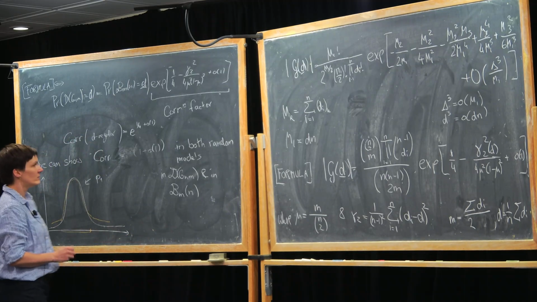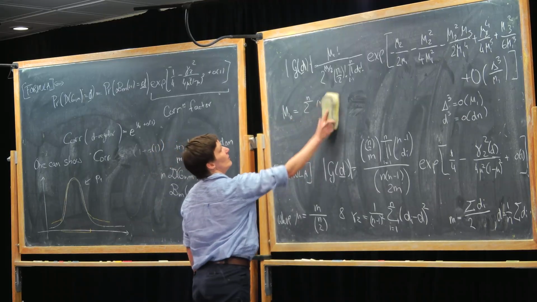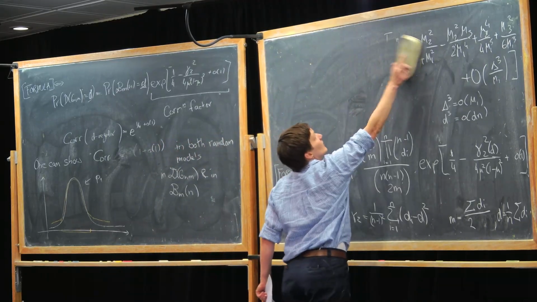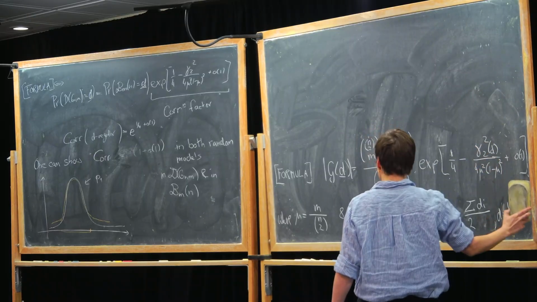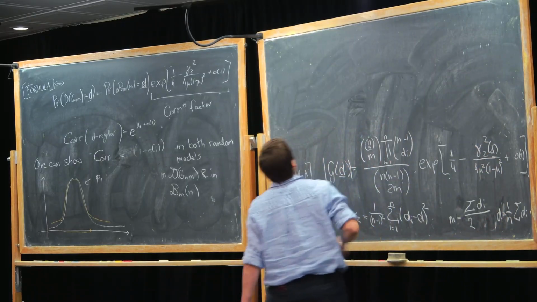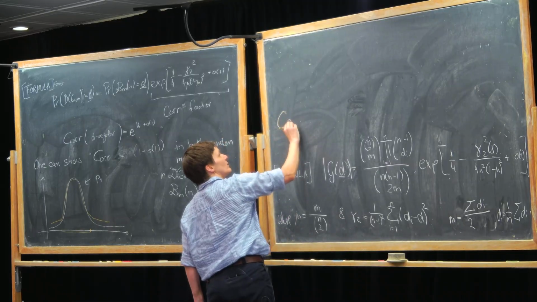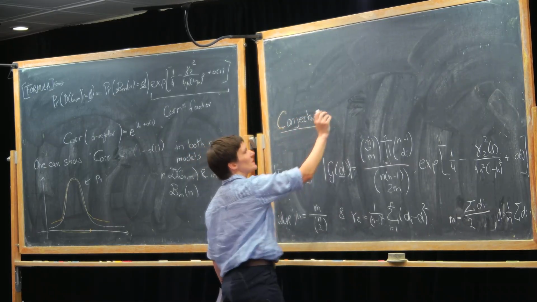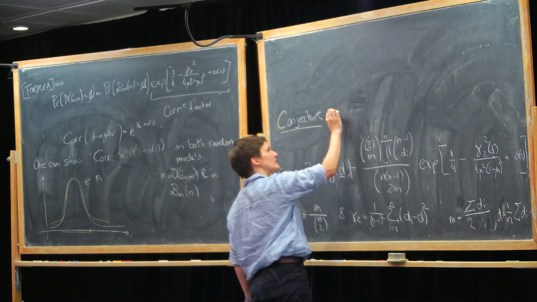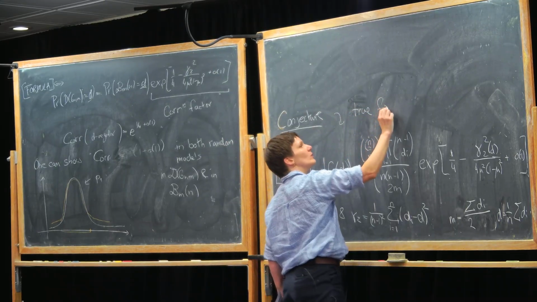So the conjecture, or a subset of the conjecture by McKay and Wormald, is that this is true for all